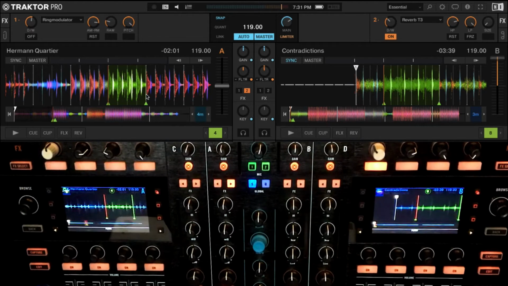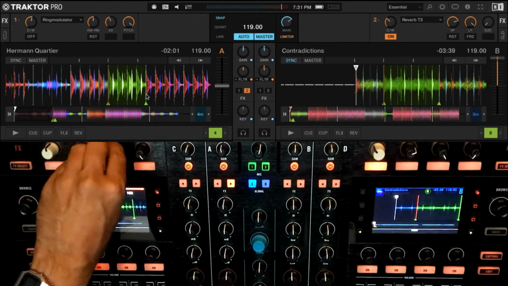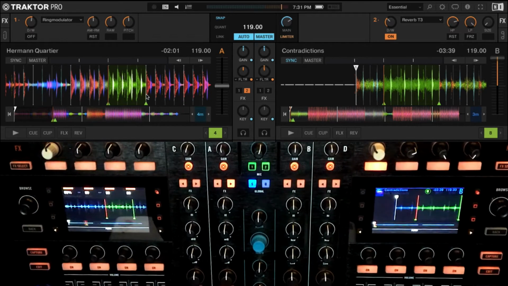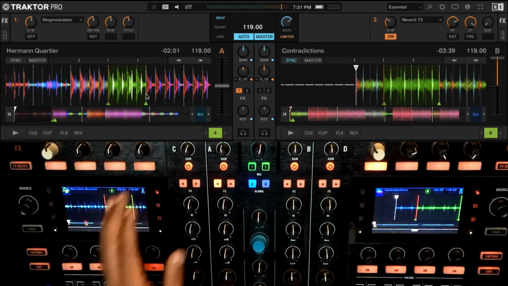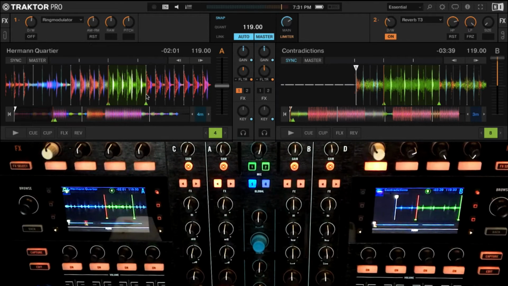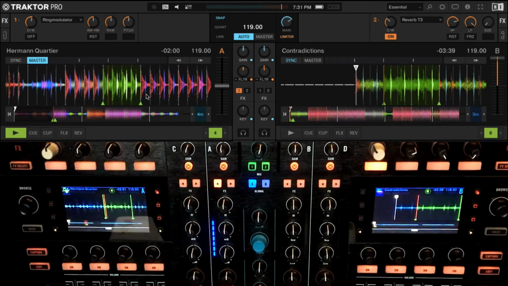What a ring modulator does essentially is takes in two sources of sound, a modulator and a carrier, and intermingles their frequencies to create a sound that is either the combination of both the frequencies or the difference between the two frequencies. That's essentially what a ring modulator does. Sort of also like a frequency shifter in Ableton. Okay, so you'll see that it creates these very cool frequency overtones on the existing track.